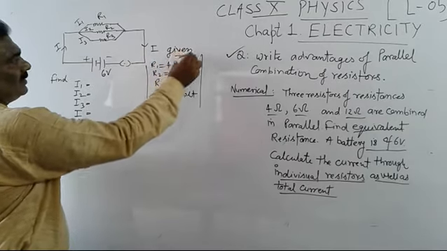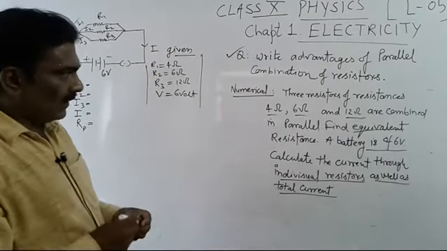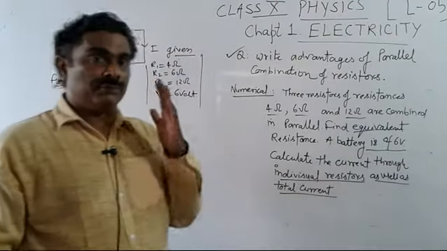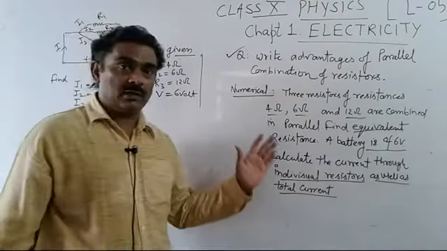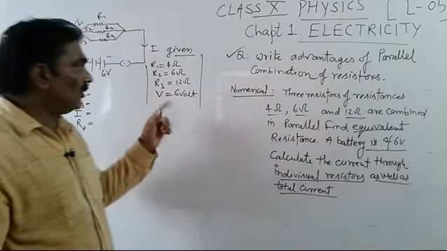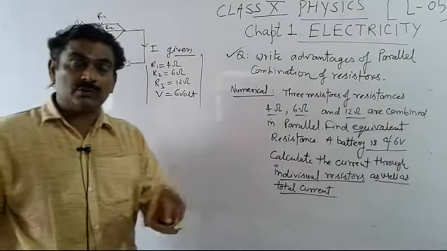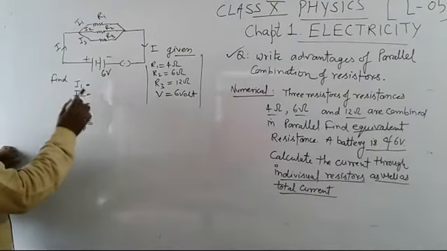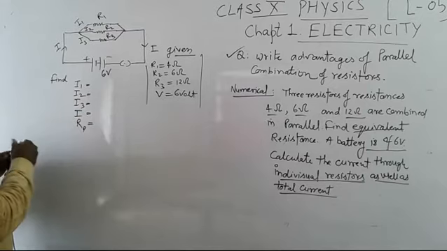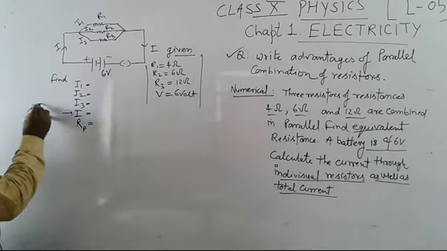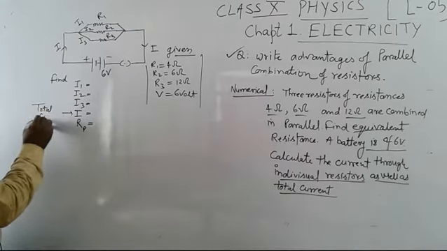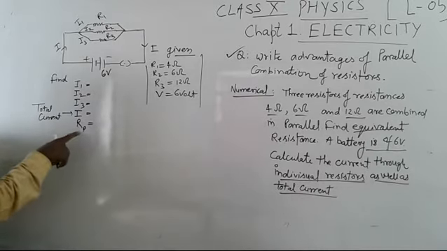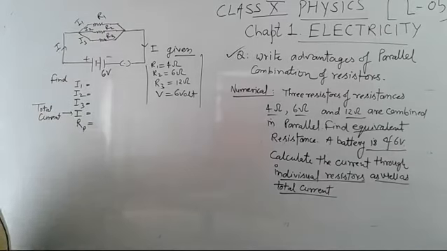Students, first, as you know, in case of a word problem, it may be mathematics or physics or any other subject, you should first read your question carefully and note the given points, and also note which quantities we will find here: I1, I2, I3 and total current. So this is total current. And this is total resistance in case of parallel combination, where P denotes parallel.